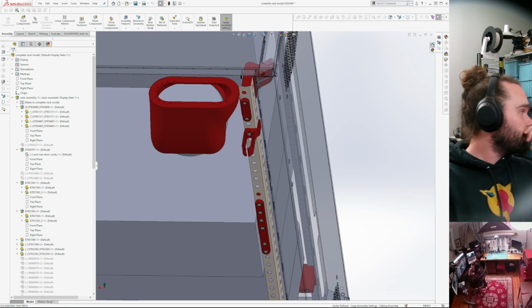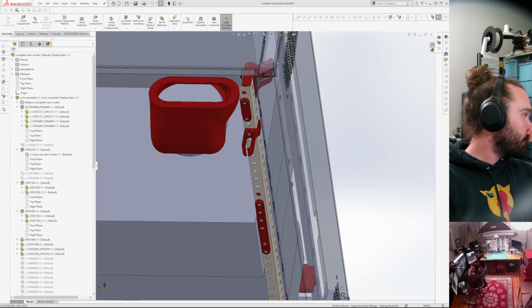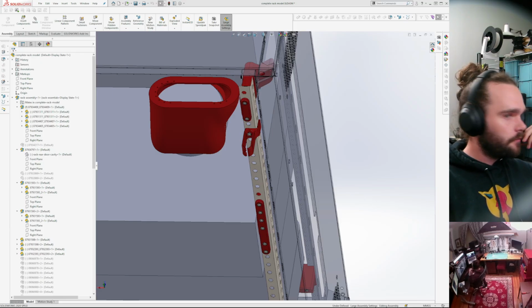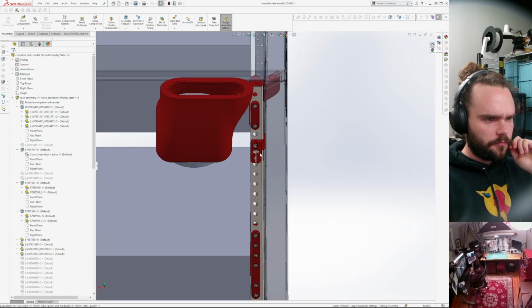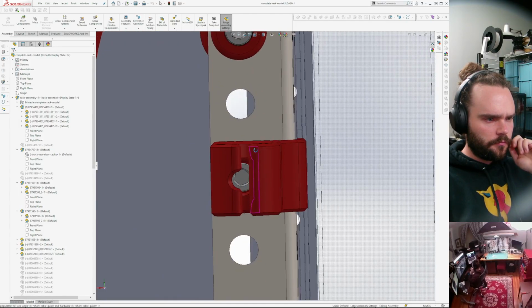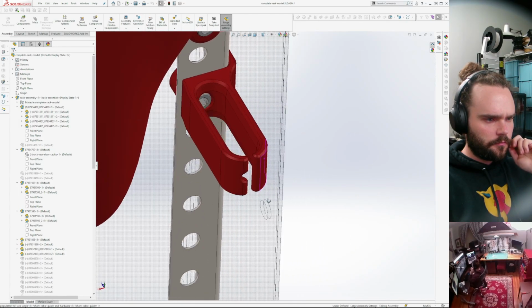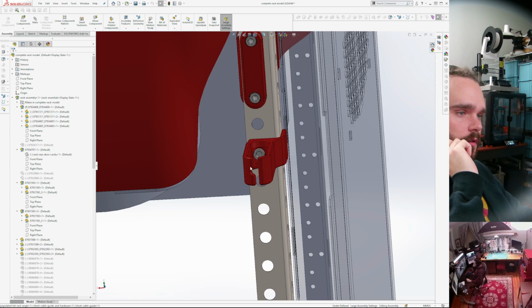Alright, printer is ripping. And I'm consuming a lot of energy right now. Okay, this looks good.